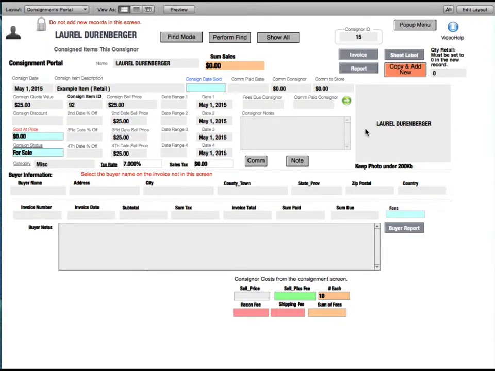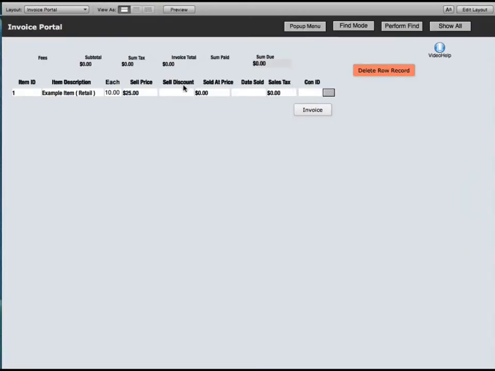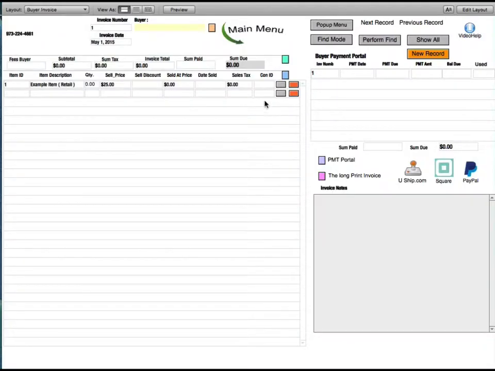You have to create invoices. A lot of my users, when they first start out, don't think that they need to do invoices. You can click on the invoice for any one item to go to that item, and then check in the invoice where that item was sold, whatever invoice it was sold on. It'll automatically go to that record. You also have this field here, which pops up the individual item record and shows you that it's been sold. You can click invoice to go back. These are just ways to navigate around. And then fill in your buyer payment record, the payment date, payment due, amount paid, the balance due, and how it was sold. Okay. If you have any questions, as usual, you can always contact me